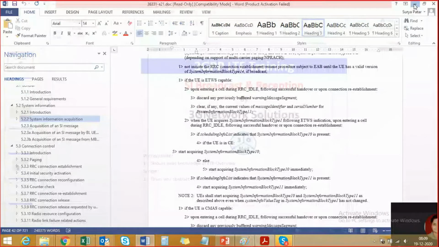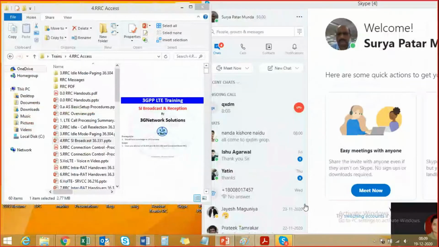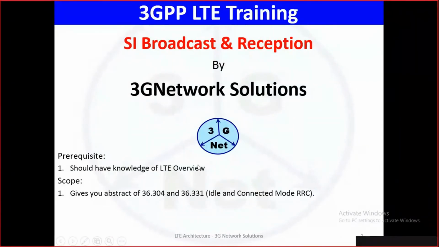So coming back to my slides, any question, anything so far? What are the main questions usually people ask? Usually in your mind, number one is what comes in MIB, SIB1 and other SIBs. Number two is what are the important parameters which impact very commonly and heavily. And third is when do I get SIB3? When do I get SIB2? Which frame number and subframe number?